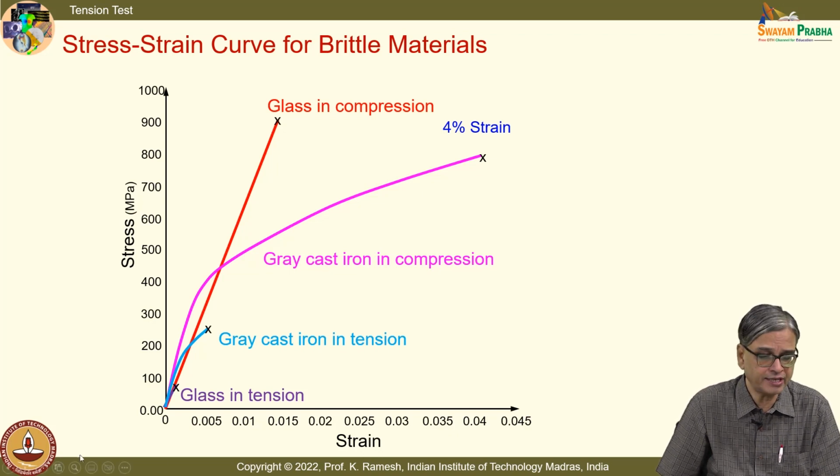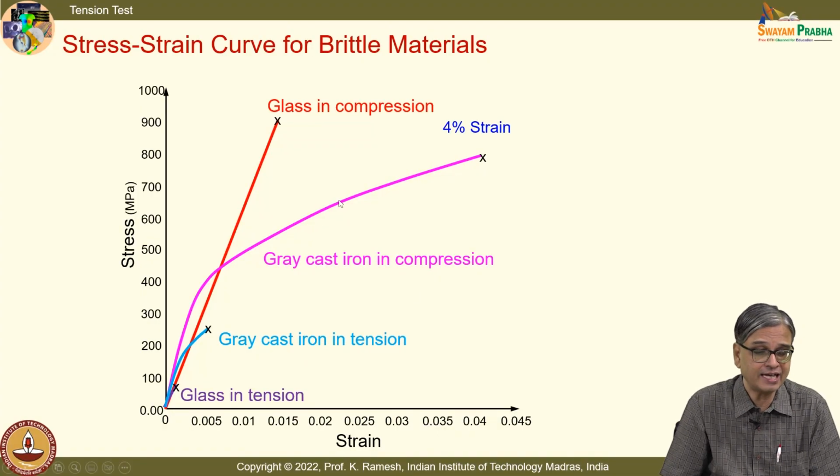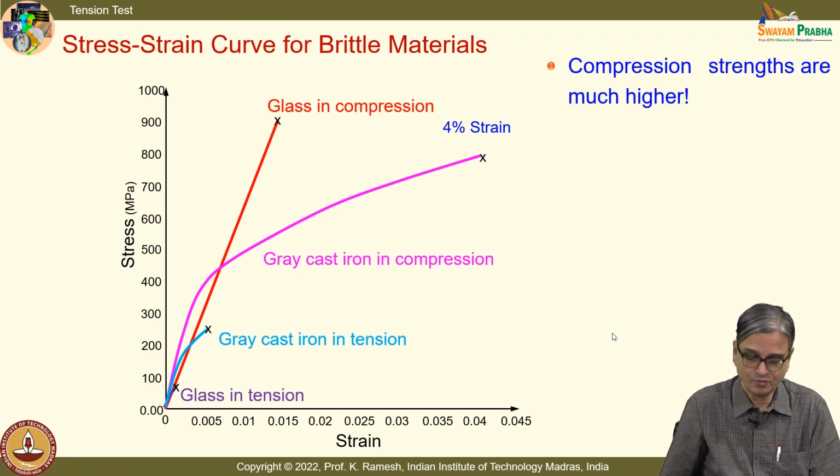Have you drawn the axis with numbers? Because I would like you to be sensitized to the numbers. It's very important. You should feel it. We have seen glass is about 900 MPa in compression. Let us see what happens to mild steel. So what I have said is